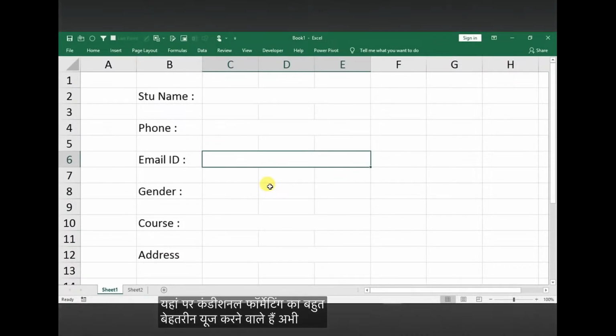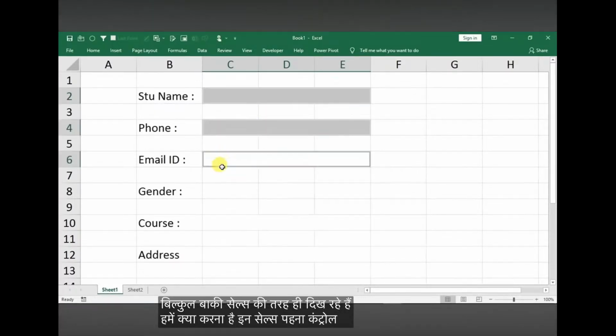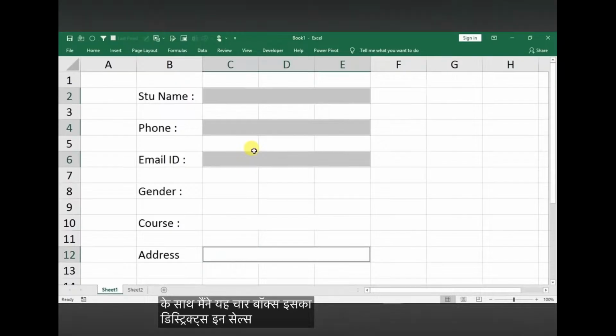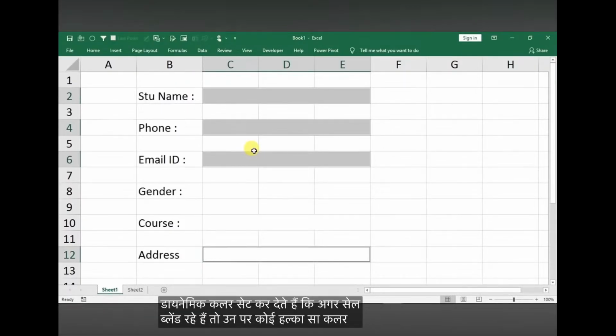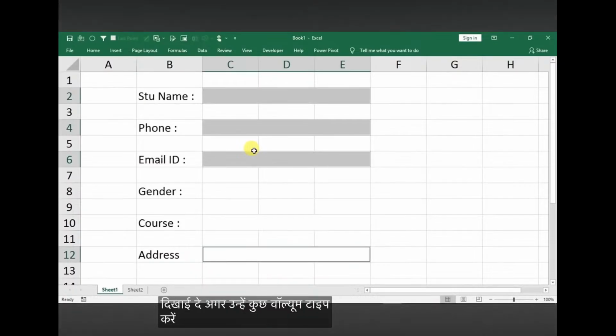यूज हम करने वाले हैं। अभी हमारे सेल बिल्कुल बाकी सेल्स की तरह ही दिख रहे हैं। हमें क्या करना है, इन सेल्स पे कंट्रोल के साथ मैंने ये 4 बॉक्सेस सिलेक्ट कर लिए। इन सेल्स पे हल्का सा डायनामिक कलर सेट कर देते हैं कि अगर सेल ब्लैंक रहे तो उनपे कोई हल्का सा कलर दिखाई दे, अगर उनमें कुछ वैल्यू टाइप कर दें तो वो कलर हट जाए, है ना।